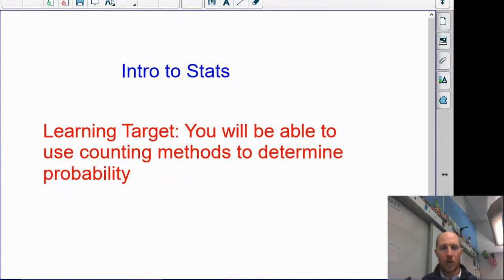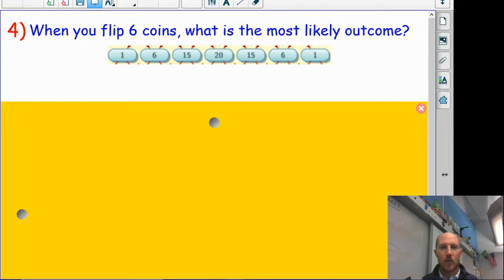Okay, well, today we're going to continue our journey through statistics, and the learning target is still not changed: be able to use counting methods to determine probability. Counting methods, pretty inclusive term. So we'll look at mainly two, I guess, depending on how you count, 2 additional strategies for today. So first,